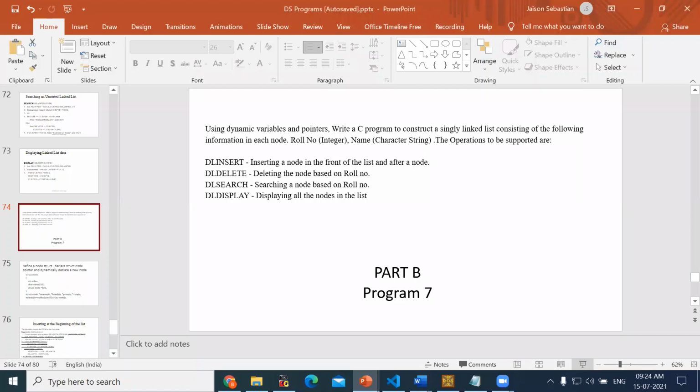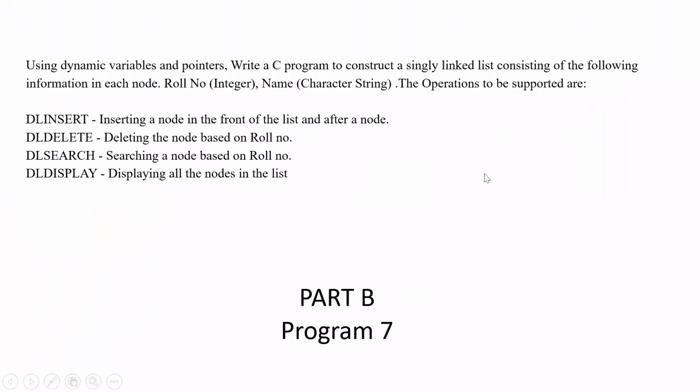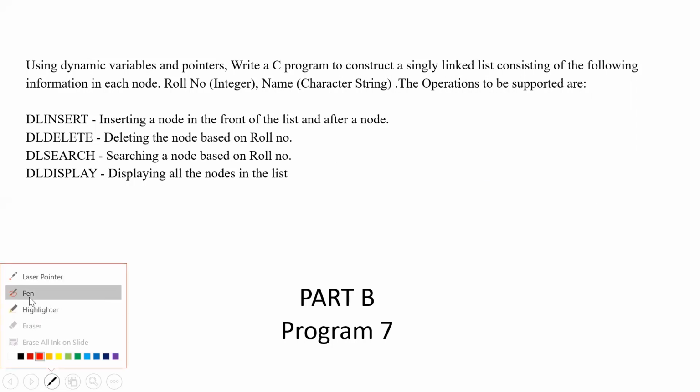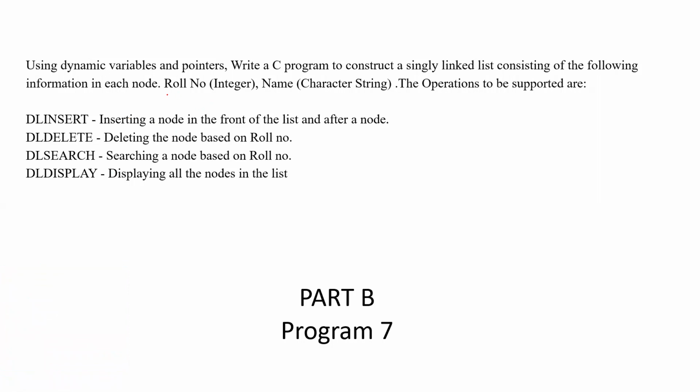For you people, when compared to that of the BSc program, here in your program they are asking for getting the details of the students, like roll number and name. That is one difference. So instead of only the data part, where we just enter a number, in this program they are asking to have two parts: one is for roll number, the other one is for name, and then we will have a link to the next node. Are you getting?